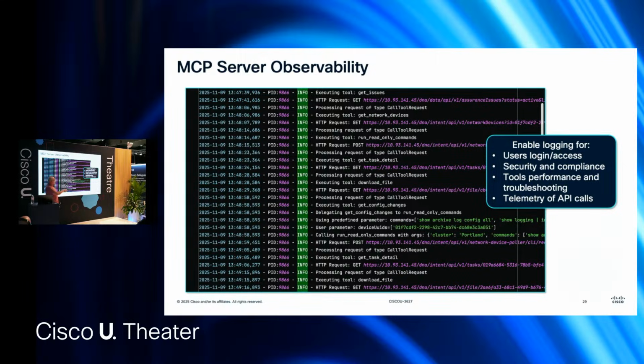For you guys, understanding this from a security perspective probably has much higher priority, but you have to enable logging, and the servers that I'm going to share with you, the code has logging enabled. You can add more logs. There are a lot of capabilities. You can see here what API call was made, with what parameter, what cluster it was sent to. And in my case, it's just one user, me, but we can have multiple users making these API calls.